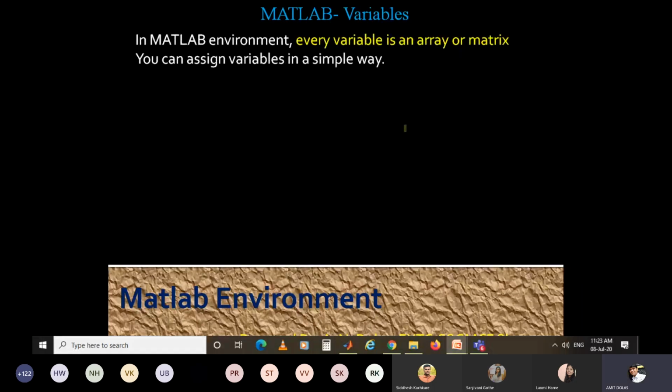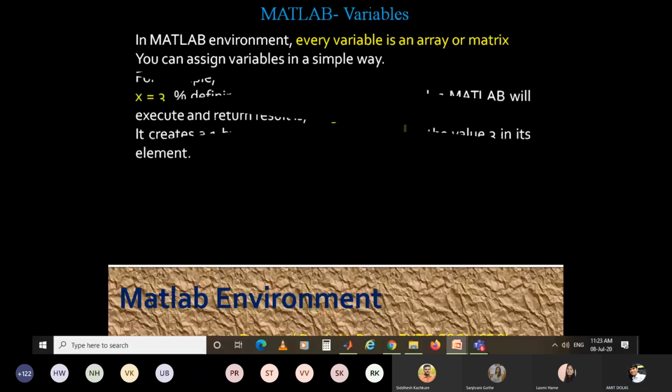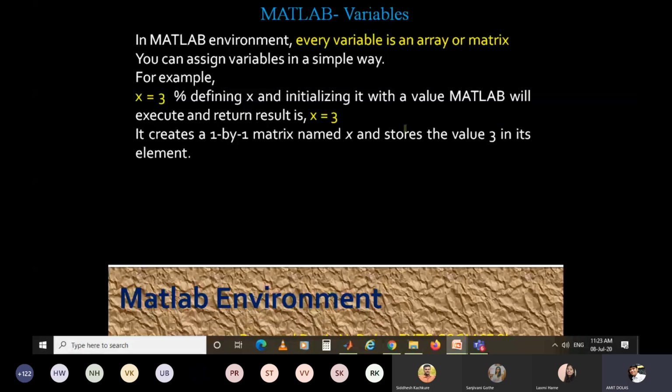In the MATLAB environment, every variable is an array or matrix. You can assign a variable in a simple way. For example, x is equal to 3, with a percent sign comment showing defining x and initializing it with the value. MATLAB will execute this instruction and return the value. The result is x is equal to 3.